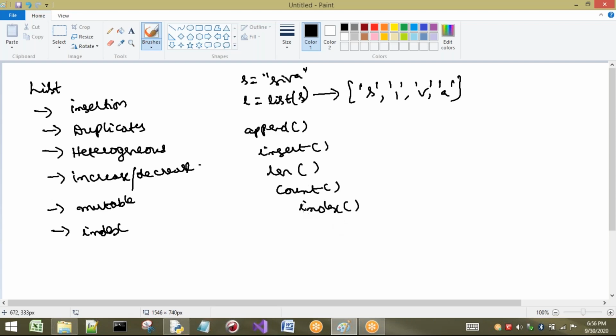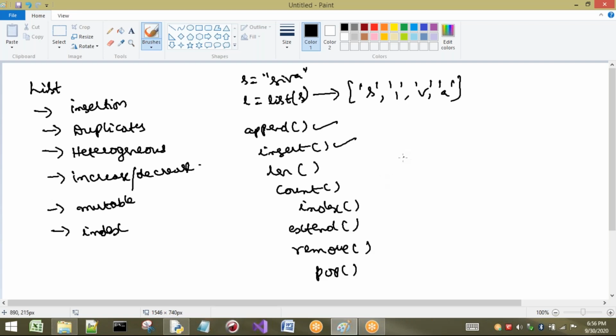After insertion is completed, let us see about deletion also. For addition we have append, insert, and one more, extend. Next, for removing I have remove, and the second one is the pop function.